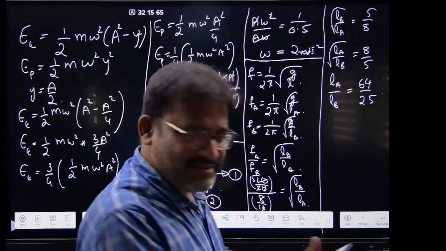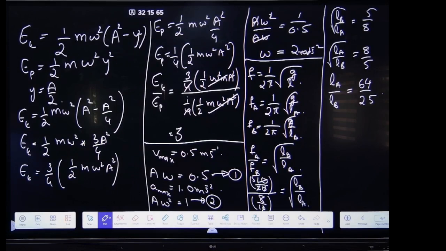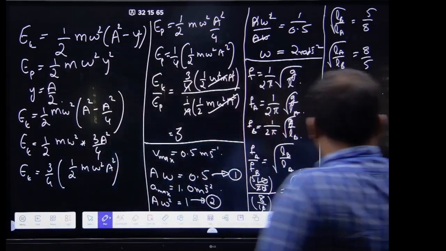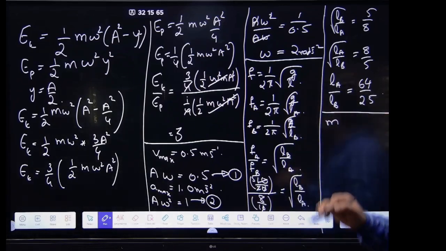By the way, read the question again so that we can solve it. A piston is performing SHM in the vertical direction at the frequency of 0.5 Hz. A block of 10 kg is placed on the piston. The maximum amplitude of the system such that the block remains in contact with the piston is first 1.5 meter, second 1 meter, third 0.1 meter, fourth 0.5 meter. Yes. Now, according to the question, remember they oscillate